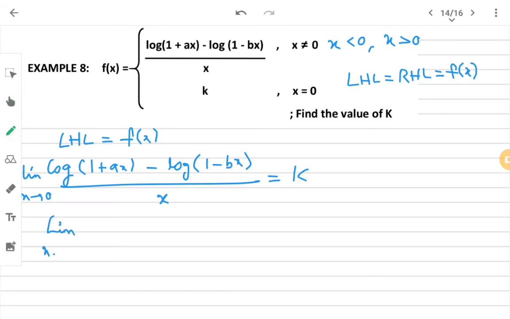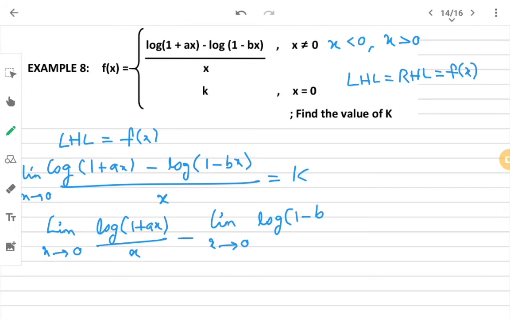Limit x tends to 0 log of 1 plus ax by x minus limit x tends to 0 log of 1 minus bx by x, and that is equal to k. Now here I am having ax, but here only x. So I need to multiply and divide by a. So a, here also a, and same as ax tends to 0, and minus b is